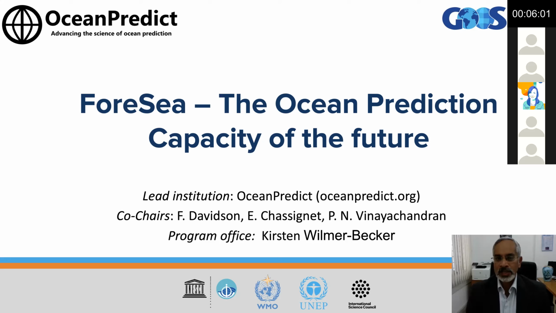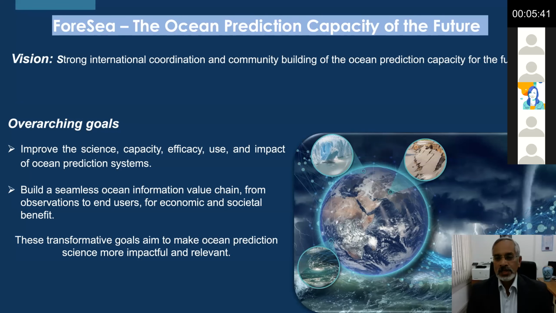ForeSea, the ocean prediction capacity of the future, is a UN Decade of Ocean Science program that contributes to the decade goal of a predictable ocean, where society has the capacity to understand current and future oceans. The vision of ForeSea is for strong international coordination and community building of an ocean prediction capacity for the future. There are two overarching goals. The first is to improve the science, capacity, efficacy, use, and impact of ocean prediction systems. And the second is to co-build a seamless ocean information value chain, right from observations all the way to end users for economic and societal benefit. These transformative goals aim to make ocean prediction science